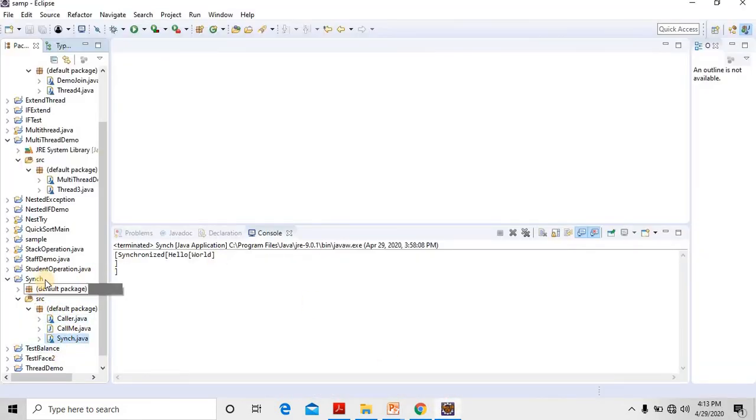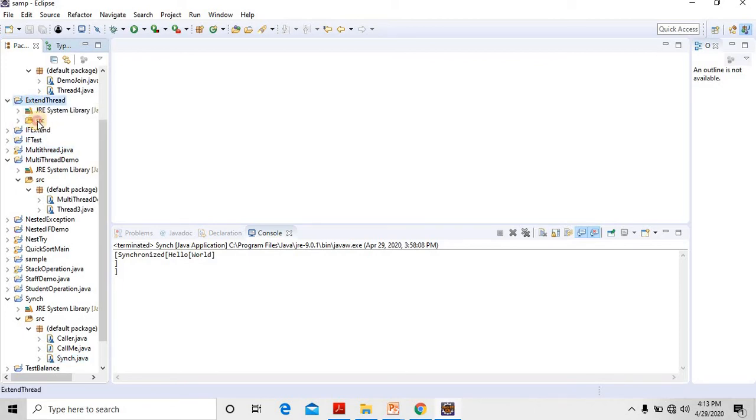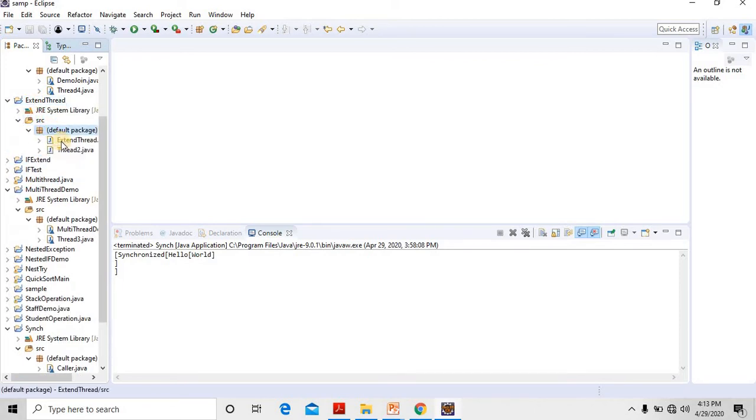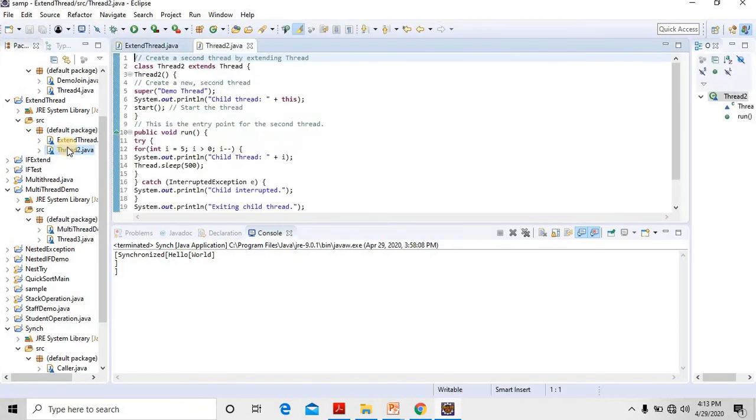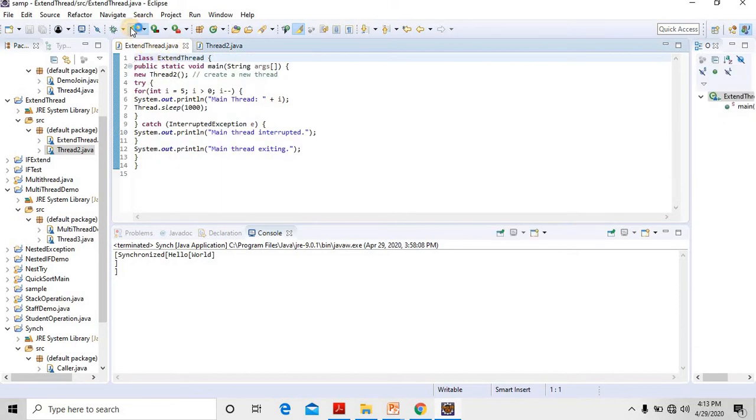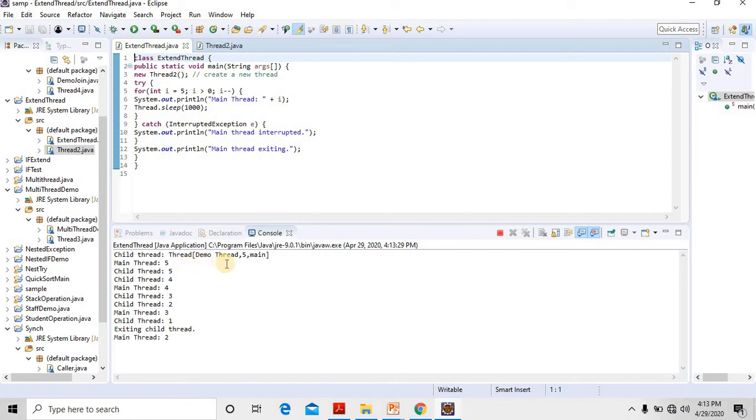So let us see the ExtendThread class here. If we run this program, can you see here, first the details of the child thread got printed.